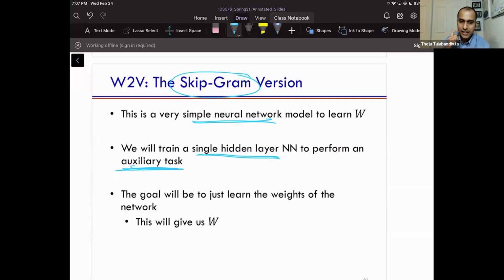The auxiliary task is actually just a classification task. While trying to do well on it, say by minimizing cross entropy loss, we will be able to learn the word embeddings. So these word embeddings will somehow be related to the weights of this single hidden layer neural network. There are two parts: there's a classification task, but we want word embeddings. Both are somehow represented in just this single hidden layer neural network. We'll see the diagram to really drive home the point in the next couple of slides.